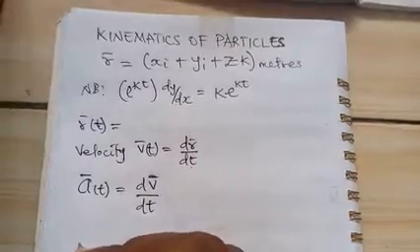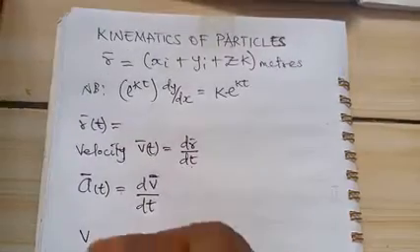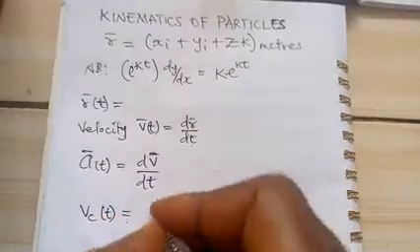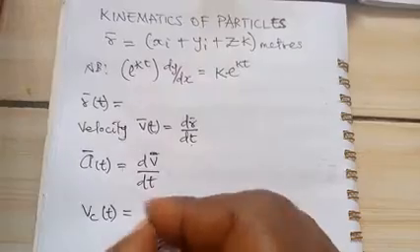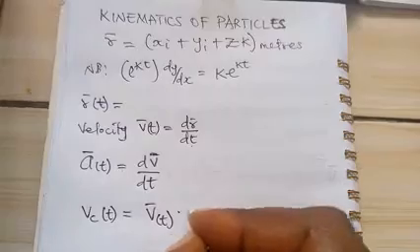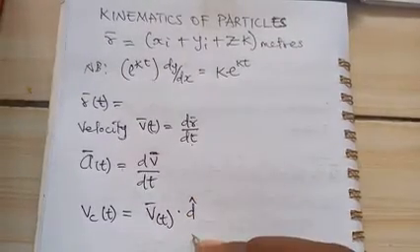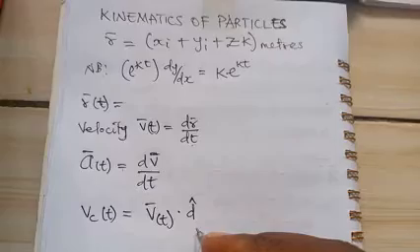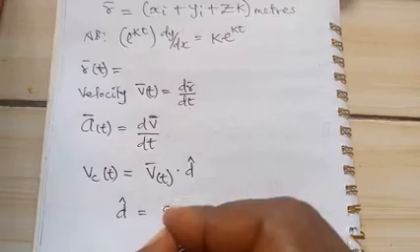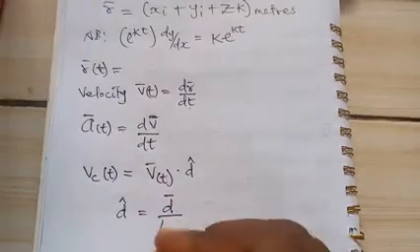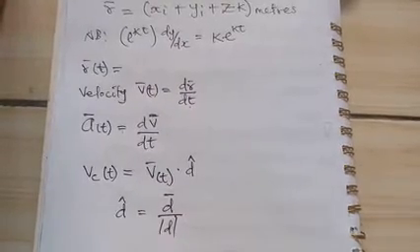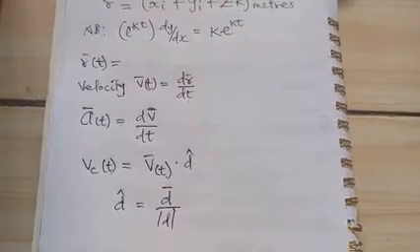But if I need component velocity, which is a function of time, I will get that as v bar with respect to t dot the unit vector, or the direction. You can recall that the unit vector is given as the vector itself over the magnitude of that vector. So if we need component acceleration, there are a lot of other formulas. Let's see, for example, we